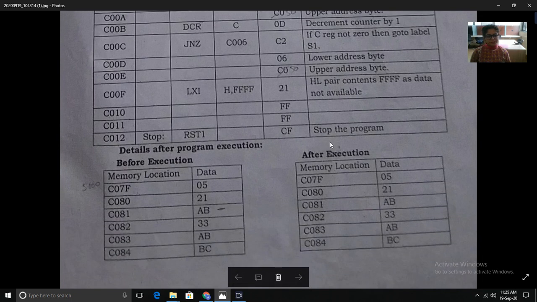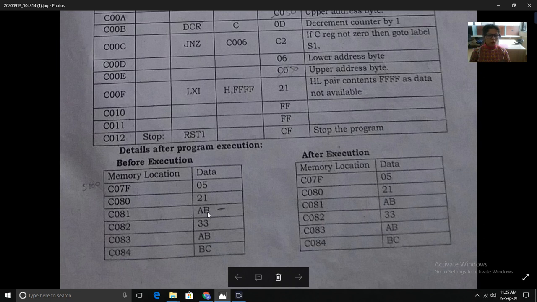Now look at this. So this is the length of the block. It will first check the data 21, search not successful, then it will move to this location, then that is AB, search successful, then it will store the address.